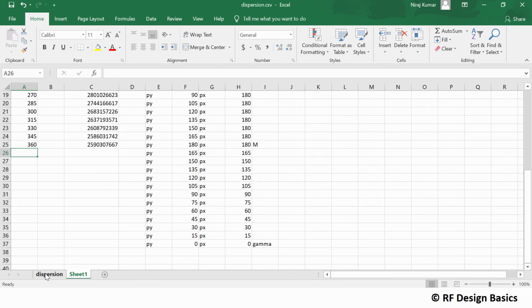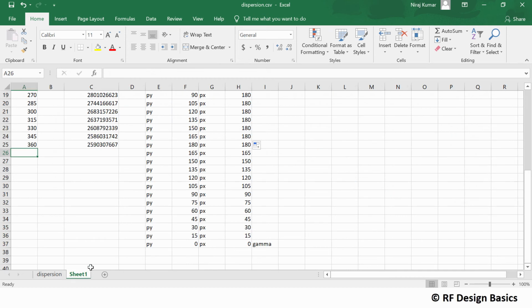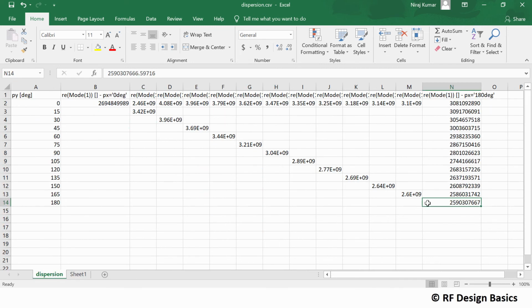we are going to take the data from the first sheet. And how are we going to take the data? We have to take data from the 180 degree common. So this is 180 degree Py and this is also 180 degree, so this is the common data, but this data is already there. For 180 degree we have this ending with 7667. This is the data. So already we have Py 180, Px 180 data available. So the next data is for 165 degree, Px 165 degree and Py also 165 degree. So this will be the next data.